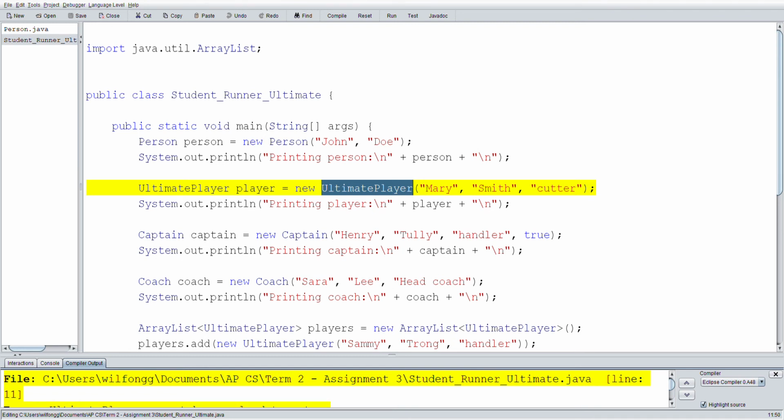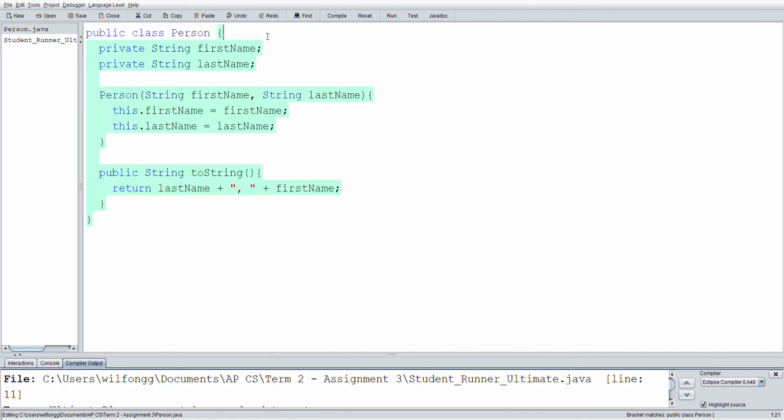Where we left off is we had our runner file and we created our first class file called person.java. When I compile my runner file, it gives me some errors because it's referring to class files that don't exist yet. Here's our person class file that we've already created, and now we're going to go ahead and create a new